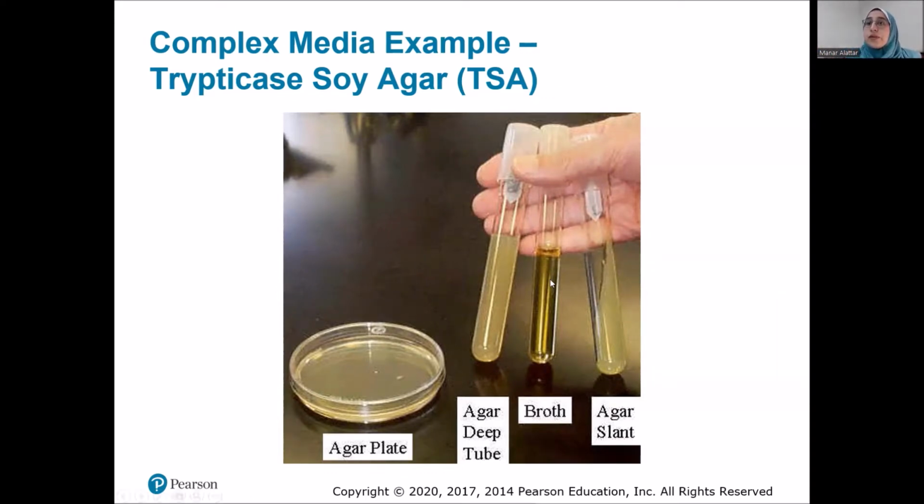You could culture microorganisms in a broth if you just want to grow that colony in exponential growth and get a lot of organisms, or you want to maintain it in a broth culture. That's another way. And then there's something called an agar deep. An agar deep is really useful for allowing us to see if microorganisms are anaerobic or aerobic. And so the